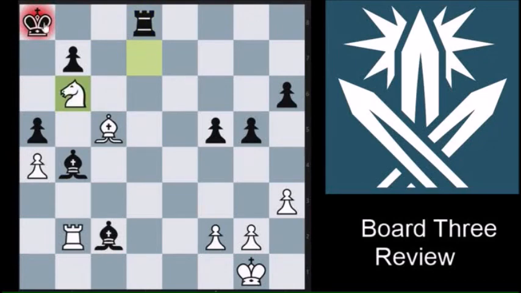Black played the move king b8. I guess low on time instinct is to not walk into a discovered check, and well, either he thought this was winning for white, or he forgot that his bishop was still hanging on c2. Either way, he went for king b8, which is unfortunate because